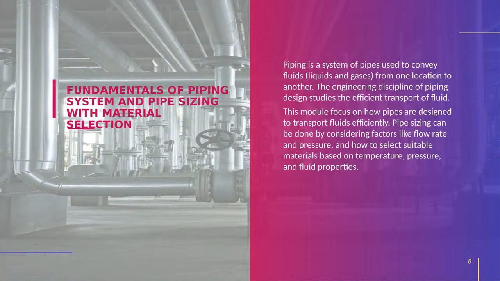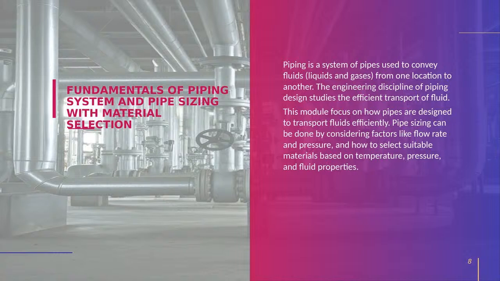As you know, piping is nothing but a combination of pipes and other fittings. In this module we will see how we design the piping system, and how we choose the pipes based on material and size. How we select the sizes for a particular system, and how we select the piping material for that system based on its pressure, temperature or handled liquid. All of that we are going to discuss in this topic.